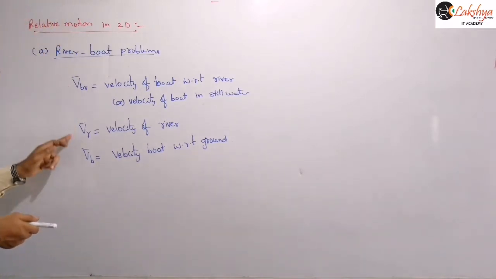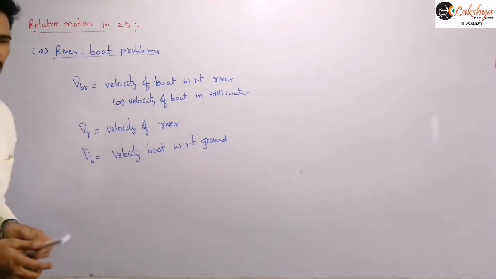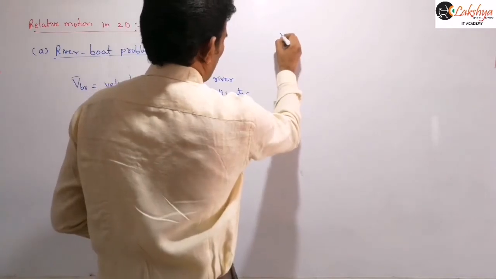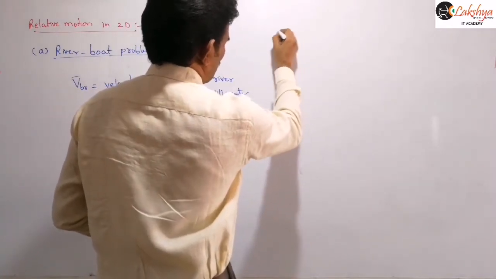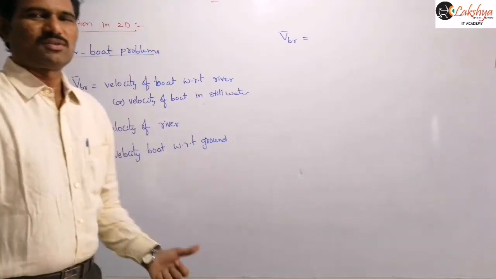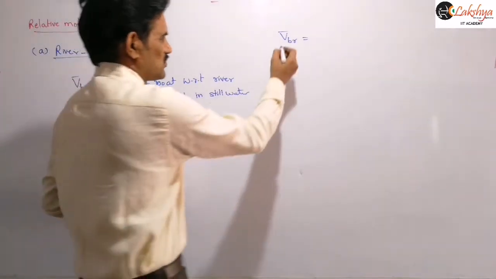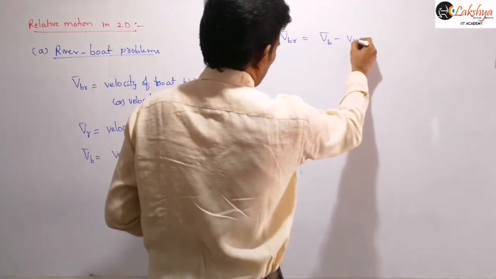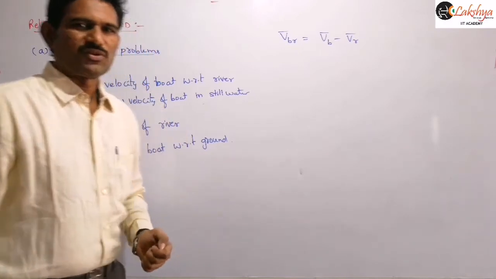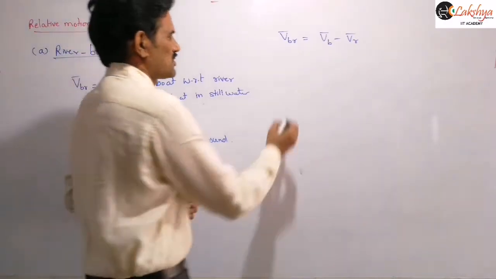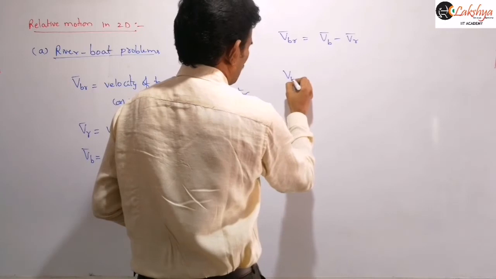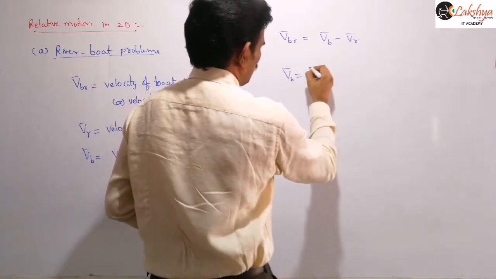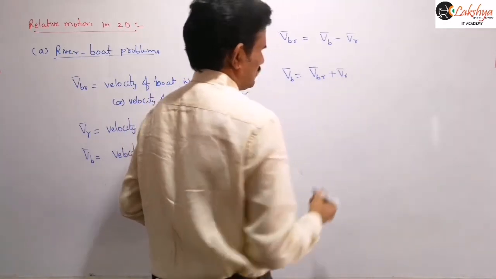And you know the velocity of boat with respect to water can be expressed as, we already discussed in relative velocity concepts, the relative velocity in one dimension. This can be written as velocity of boat with respect to ground plus velocity of water, or velocity of the river. This is nothing but our relative velocity equation here. So from this, the velocity of the boat we can write as velocity of boat with respect to water plus velocity of water, right?